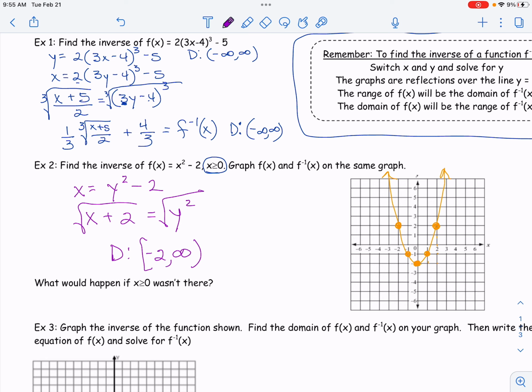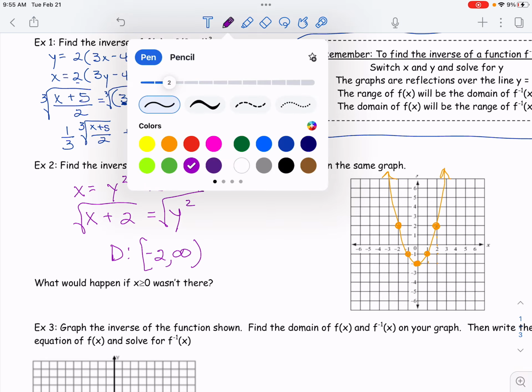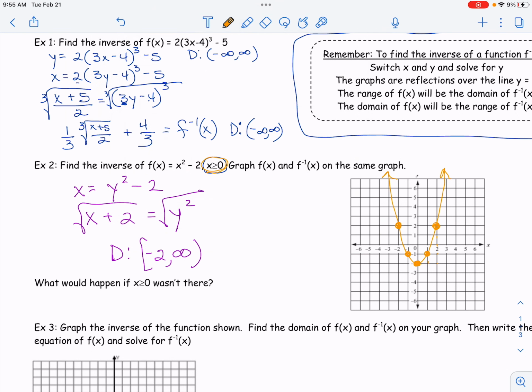Okay, so go back to your graph that we just graphed. It says that the domain is greater than or equal to 0, which I forgot to do. That means we are not looking at this side of the graph, because we're only going to look at x greater than or equal to 0. So we're going to end up with just half of the curve. So when we flip that and graph,